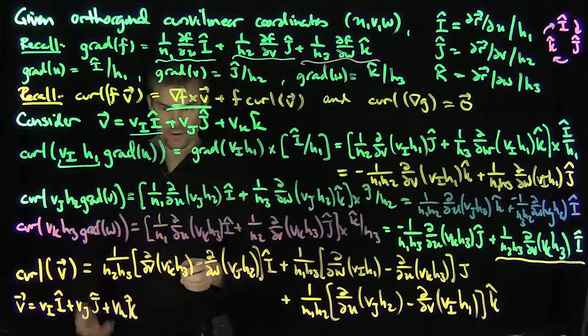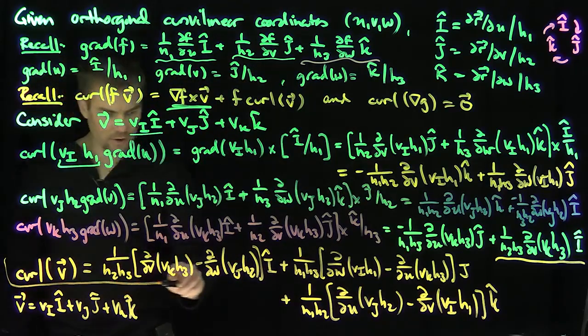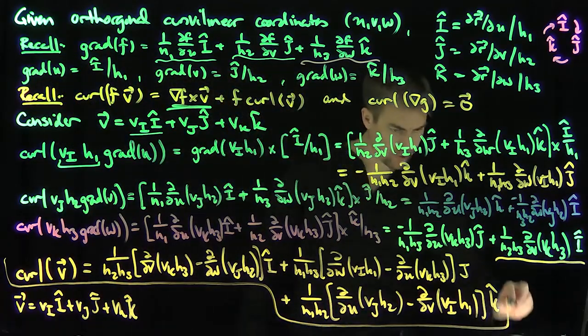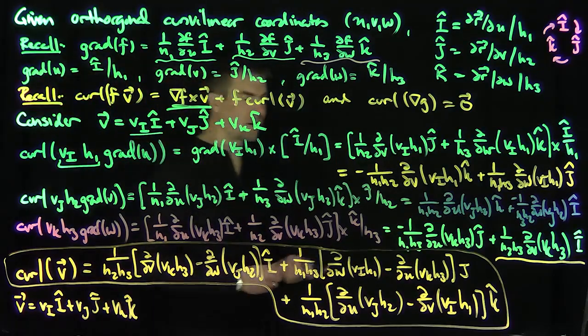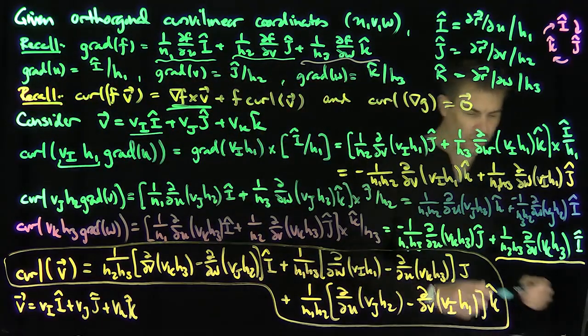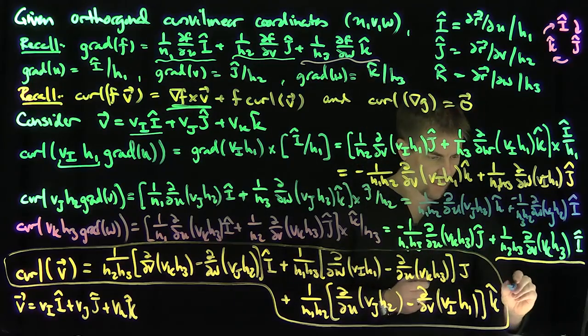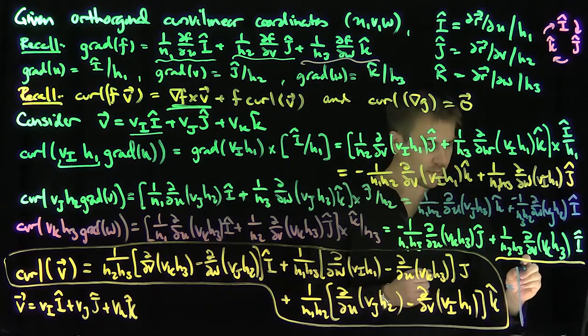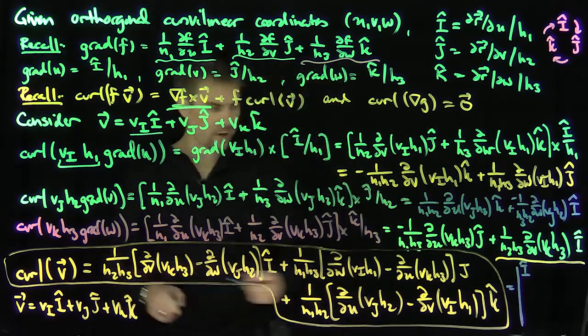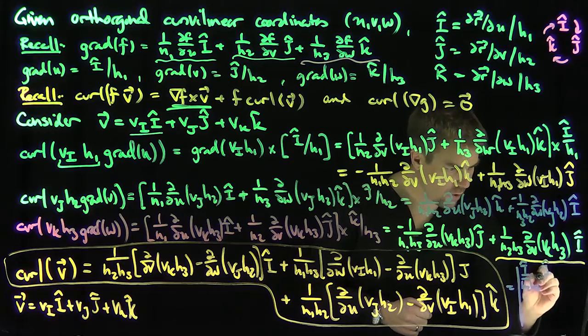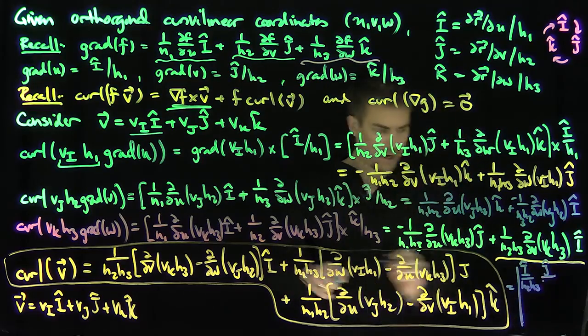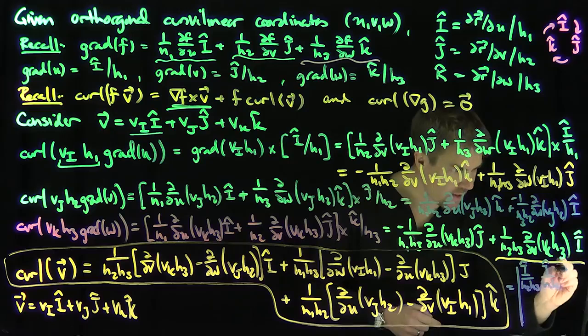And so we have this expression for the curl of V in orthogonal curvilinear coordinates. You might say, is there an easy way to remember this formula other than doing this derivation? Well, there's a classic way to do this. This is going to be the determinant of I hat over H2 H3, J hat over H1 H3, K hat over H1 H2,